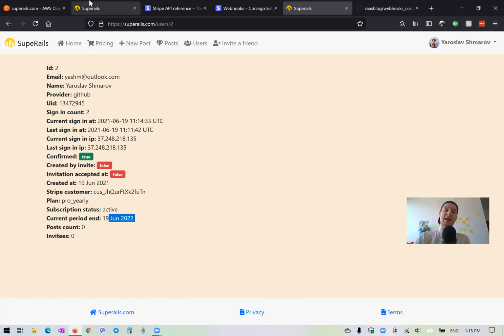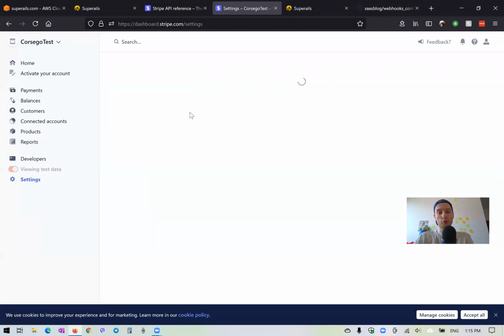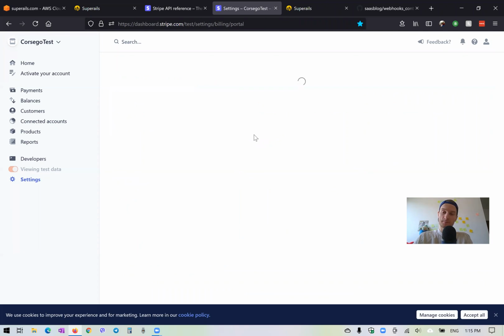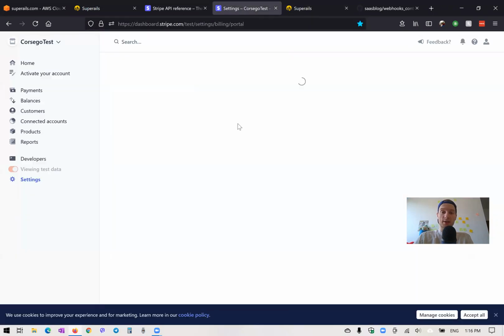And now we'll just add an additional button to manage our billing so that we can see all our payments, change our card information, and change a plan. So we would need to go to our settings in our dashboard and configure the customer portal. Here is the customer portal. And in the customer portal, we will need to add a link to the privacy and to the terms, I guess,